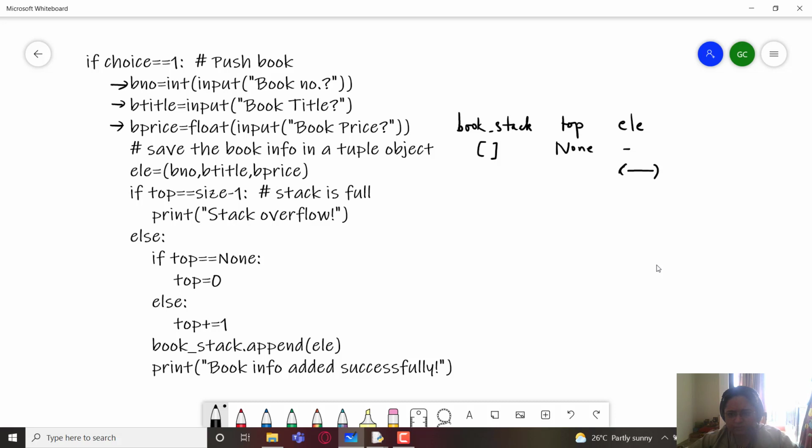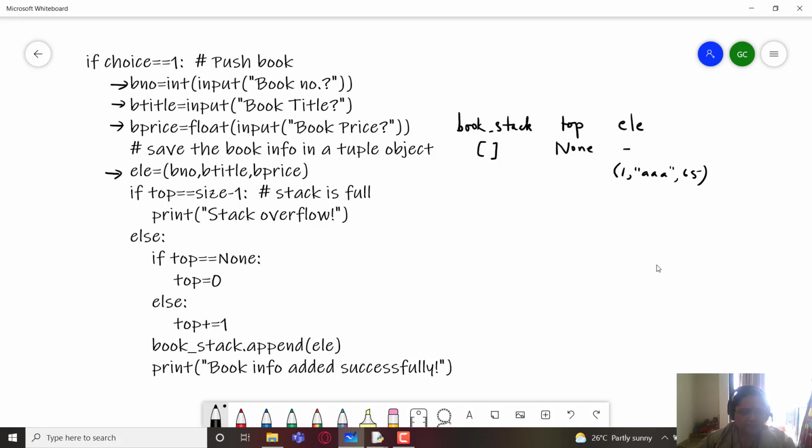So I'm just going to represent the filled tuple with this symbol over here. It shows that the tuple is filled with the 3 values: book number, book title and book price. So let us consider this one as AAA. That is the book title I am considering here. So actually it will be represented in this way, that is book number, your book name, and your book price, whatever it is, right? So that is your first element.